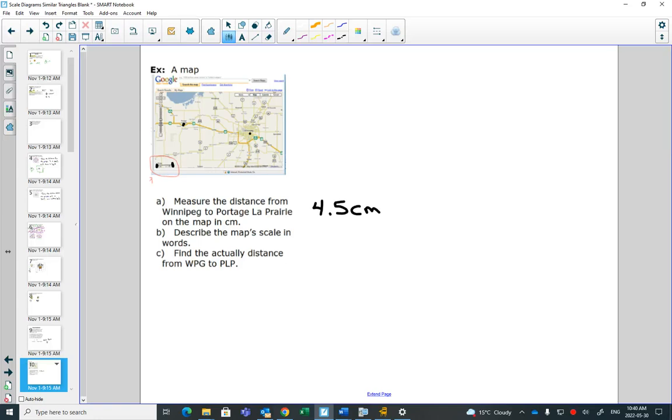So we have on that scale, if this is 1 centimeter, that means that 1 centimeter on the drawing is, can anybody read that scale? How far it is? Looks like it's 20 kilometers. 20 kilometers in reality. So that becomes our scale. 1 centimeter on our map that we have in front of us is 20 kilometers in reality. So describing it in words,